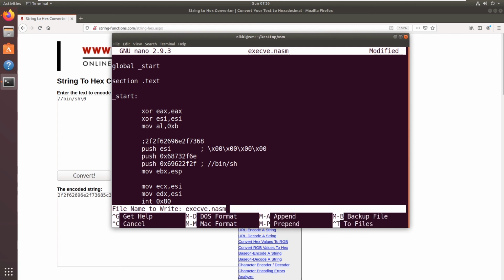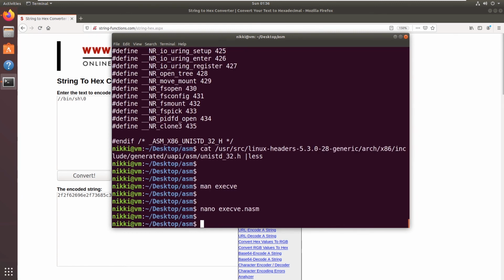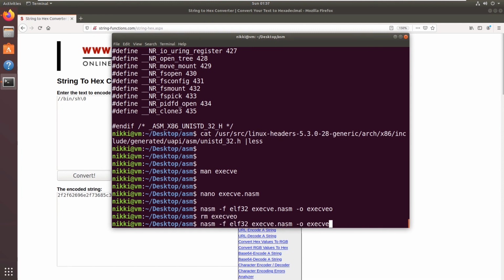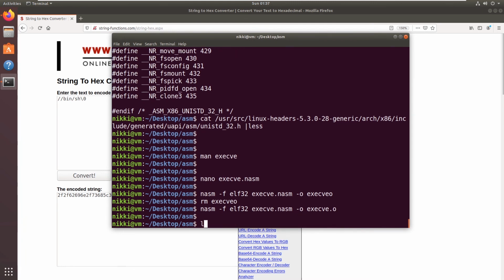Now let's save this file and assemble it with NASM. Now let's link the object file using LD.